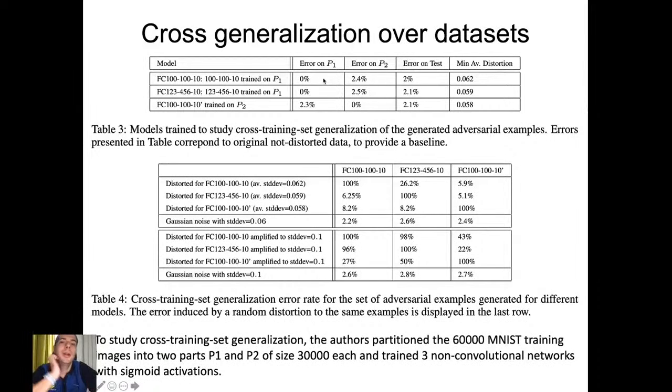If you look at the training errors, the models are able to overfit their training part, right? And they obtain an error of around 2% on the other part. So this is the baseline errors, and this is the result on the test set. And these are the average distortions necessary to increase the error on the training set to 100%, just as before. And now they look at how these